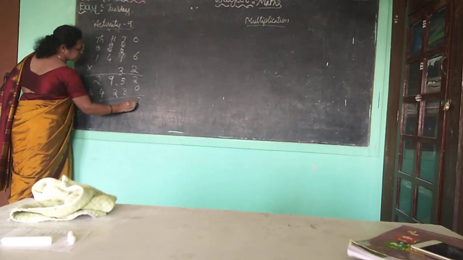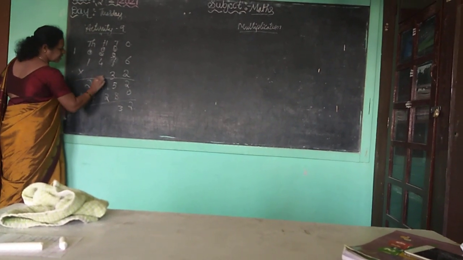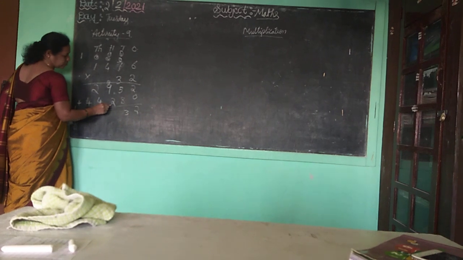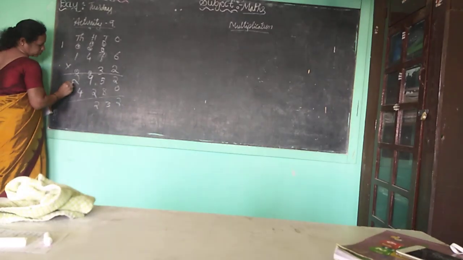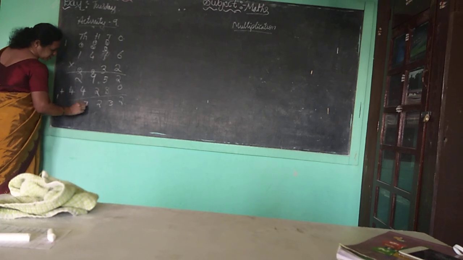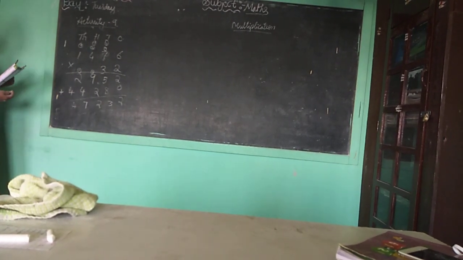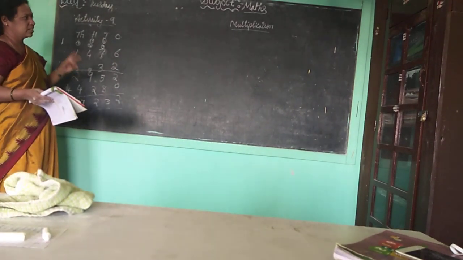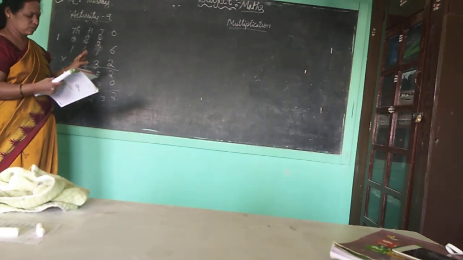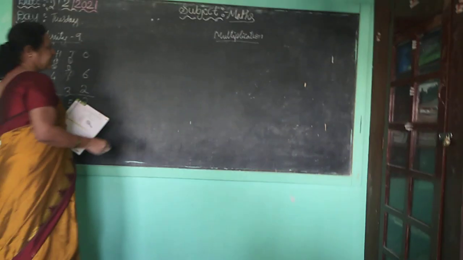2 plus 0 is 2. 5 plus 8 is 13. Write 3. Carry 1. 1 plus 9 is 10. 10 plus 2 is 12. Right? 2. Carry 1. 1 plus 2 is 3. 3 plus 4 is 7. Right? 4. Okay children, when 2 digits or 3 digits are given, multiply from the 2 digits, that is 3, 2, 4, we are done. Okay, now we can go for the word problem, activity 10.